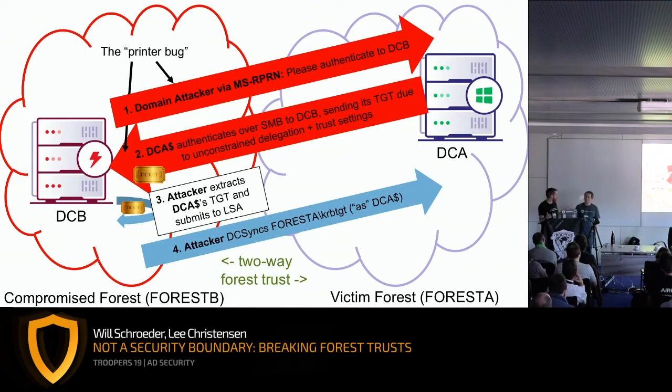There's not a ton of moving pieces. It's just kind of chaining together a couple of these things of, oh, coerced authentication, pull the ticket out, and you're basically doing almost like Kerberos ticket reflection back to the server. It is kind of funny to me that DCA will accept a DC synchronization request from itself from a different location. That's kind of weird, but anyways, that's how it works.